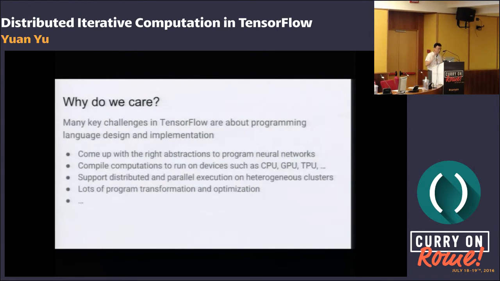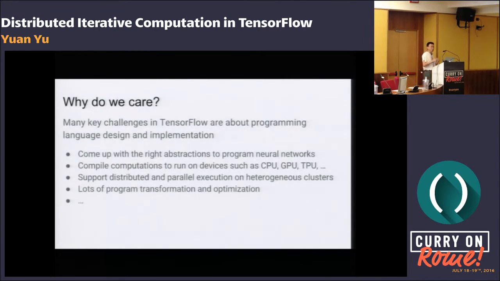So why do we care about all these things, and why should this community learn something about this? Many of the key challenges we face in TensorFlow are about programming language design and implementation. Here are a few examples. We need to come up with the right abstractions to program those neural networks.